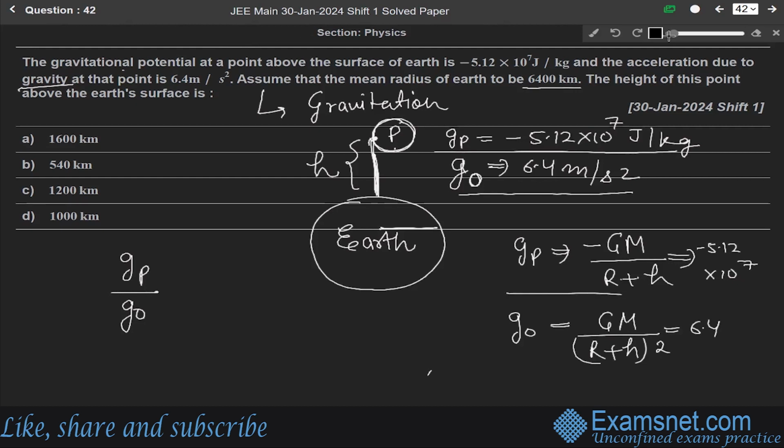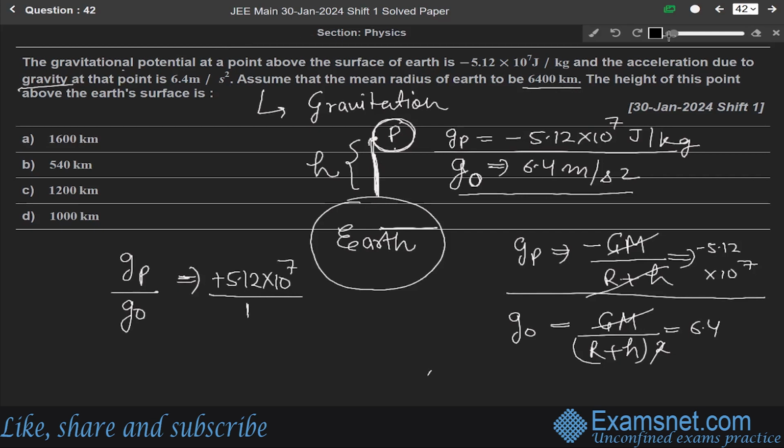So dividing these two equations, R plus H cancels, GM cancels. So we get Gp over g naught, minus becomes plus, so plus 5.12 into 10 to the power 7 over